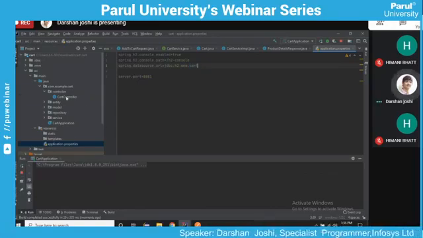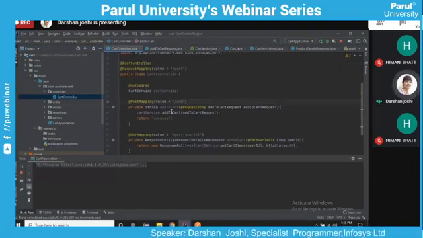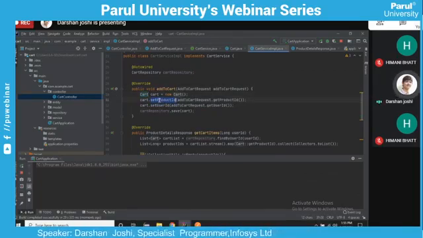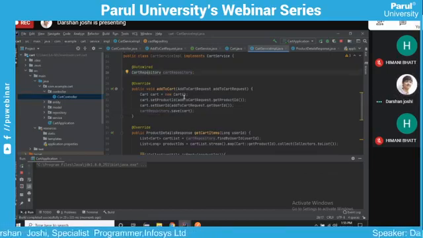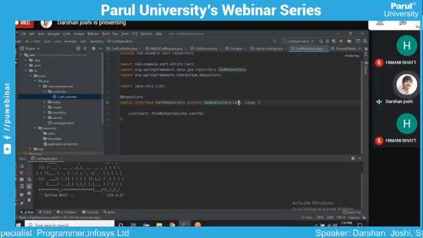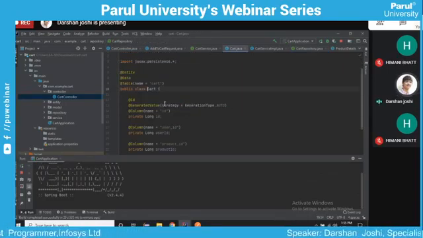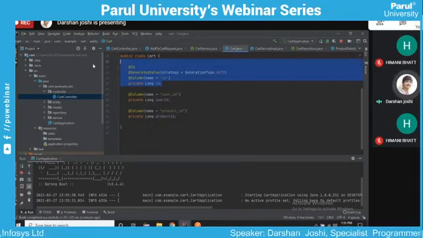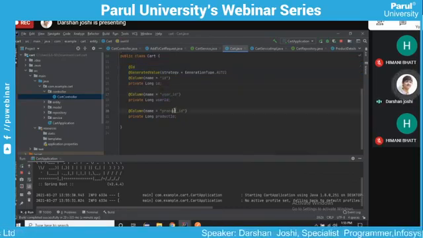Until this starts, let me just explain the code here. Let's just go to the service layer. Yep, in the service layer, we are just adding these two parameters into the cart table, product ID and user ID, and we are just saving it. So it will add that entry into this repository. This repository is our repository, which is extending a JPA repository for this table. Cart is a new table. The name of the table will be cart. It will have an auto-generated unique primary key ID, and the user ID and the product ID.